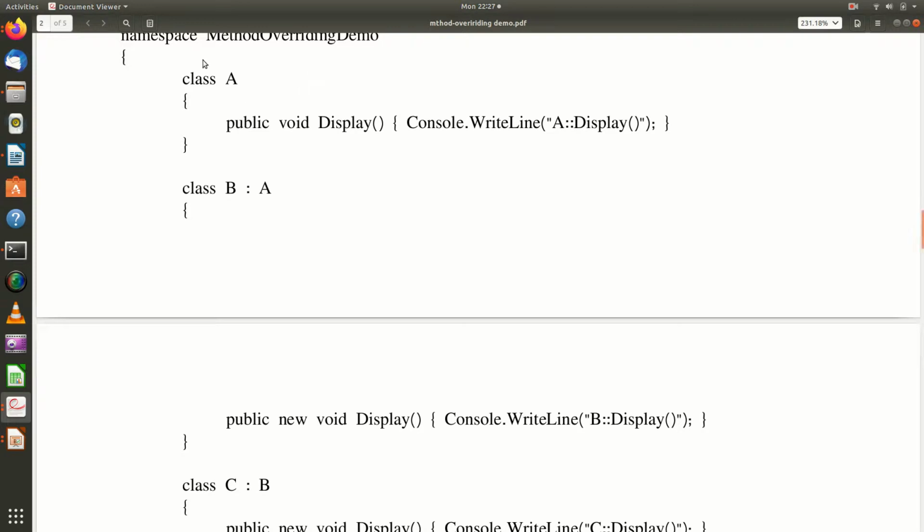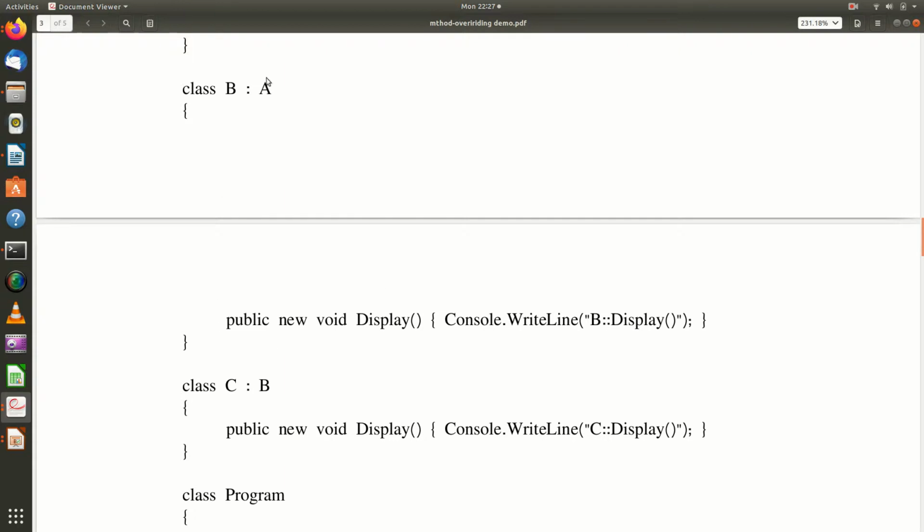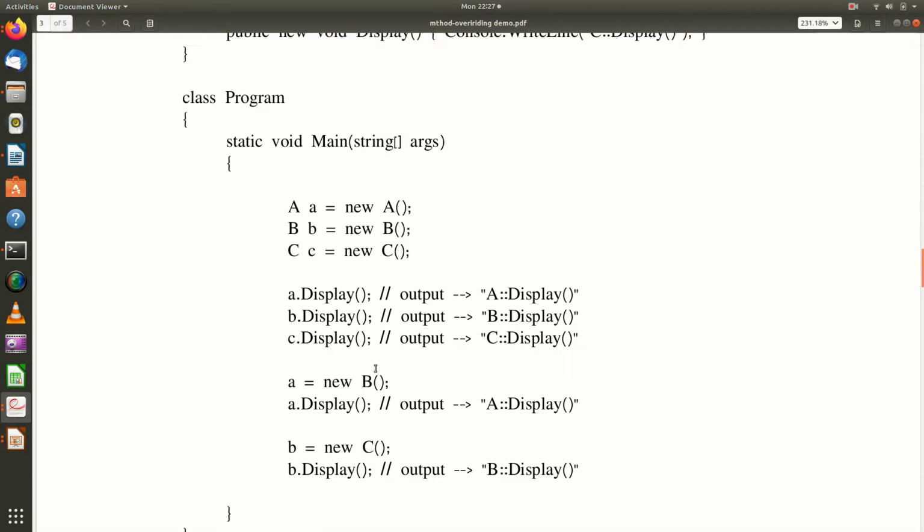Imagine class A is not defined here, it is somewhere else in some other namespace. Let me say in system namespace you have class A with display method. So that you cannot go and redefine it. But you want redefinition for your derived class. By the time you can go for the new modifier. So whenever a library which is already defined should be redefined in your derived class, you can go for a new modifier. That is the advantage here.